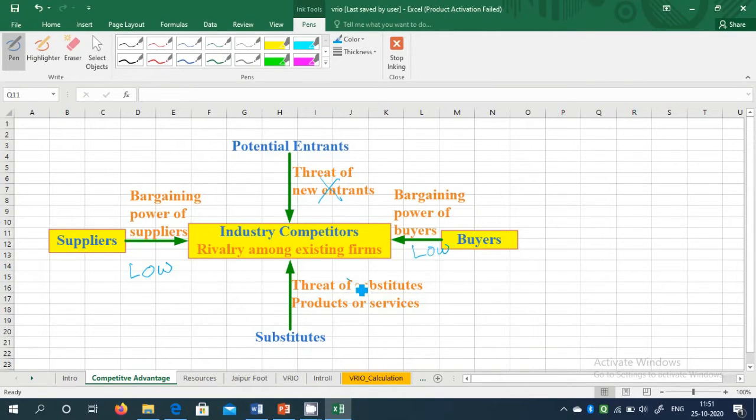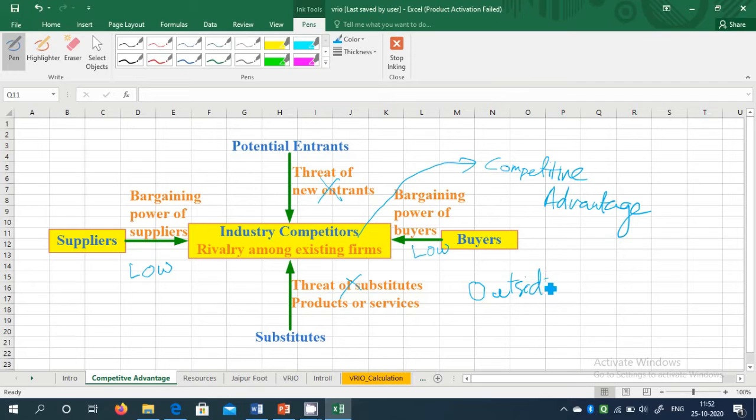There should be absolutely no threat of substitutes, and amongst the different players in that existing market, your firm should be significantly differentiated. Then we'll say that the organization, or the firm, has the competitive advantage. This is what we call